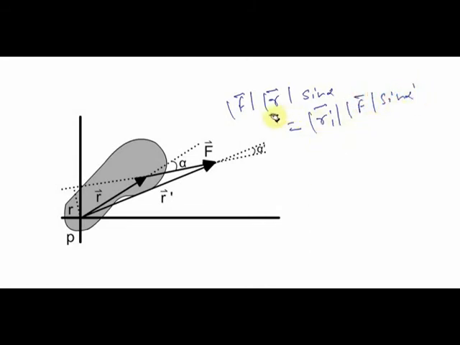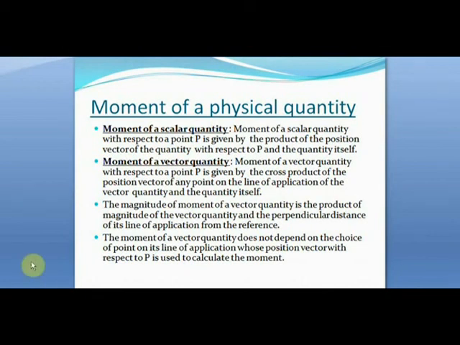As we have seen that mod r sin alpha and mod r dash sin alpha dash are nothing but r perpendicular, the moment would be equal to r perpendicular into mod F. This is the magnitude of moment, and the direction would be n cap. So the magnitude of moment of a vector quantity is the product of